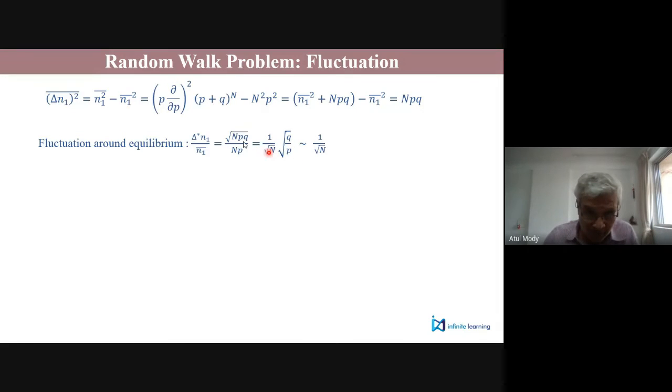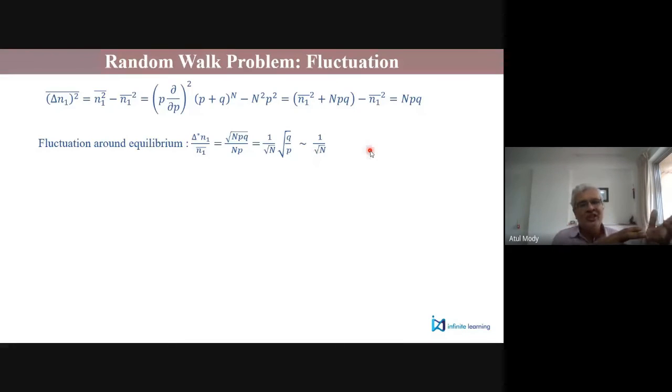Okay. So this is the variation around the average value. How much it fluctuates. We have taken the average of this fluctuation around the average value. So this is the average of fluctuation around the average value divided by the average value. So you get 1 by root n times root of q upon p. Now for the sake of simplicity, say q and p both are half. Then root q by p is gone, which means this number varies as 1 upon square root of n.